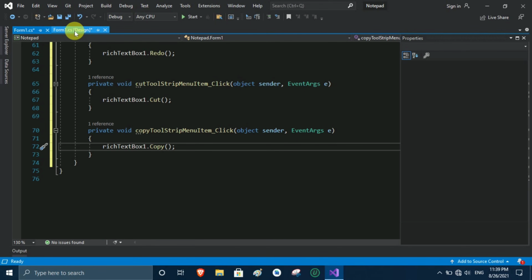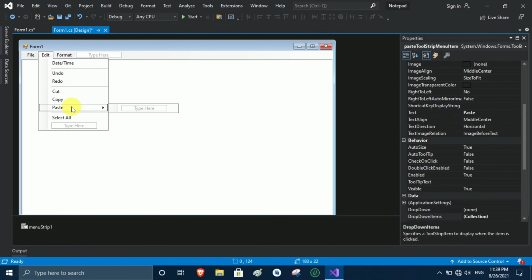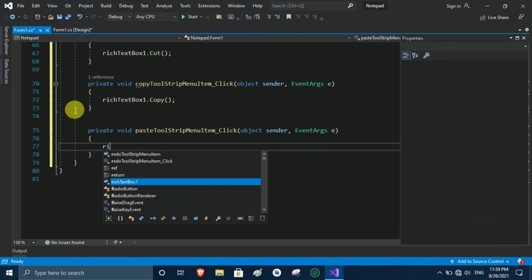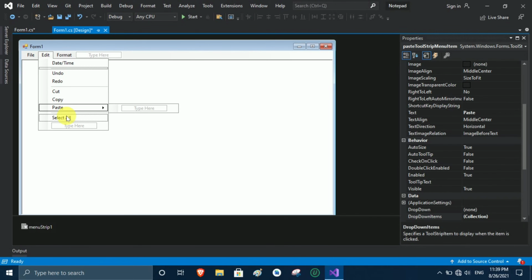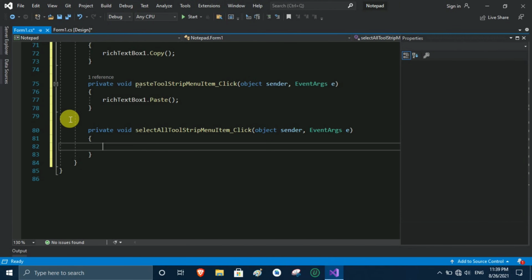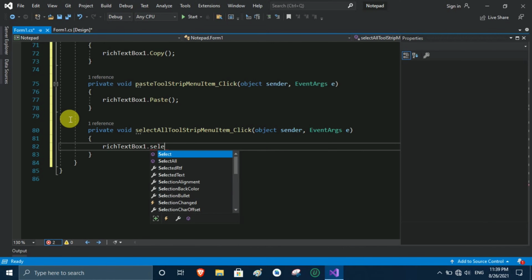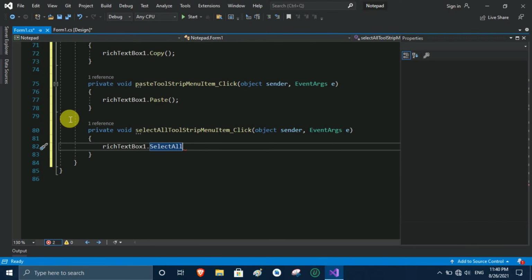Okay, now again we go to paste and double click on paste, and again here we have to write richTextBox1 dot Paste. So now you are thinking it is so simple and so easy peasy. So go through the video and you will learn all the things. So I double click on select all and again do the same, richTextBox1 dot SelectAll.